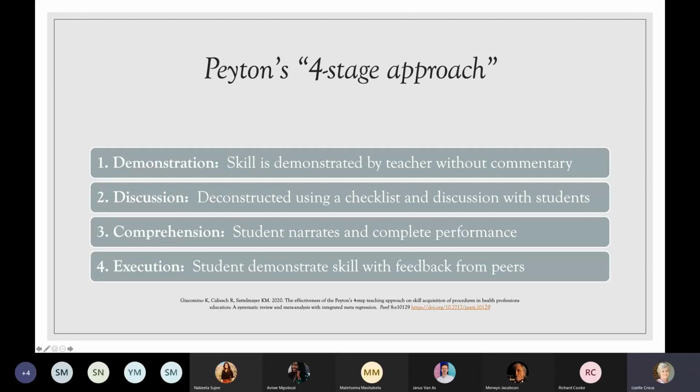So you've talked about the demonstration, you talked about discussion. They need to understand why it's important, what the implications are. Comprehension is where we can also ask the students to, and you've mentioned it, practice it, perform it, and you can give them feedback. What Peyton is suggesting is that you perform the skill and the students give you the steps so that you can follow it. And then execution is also where the student then performs